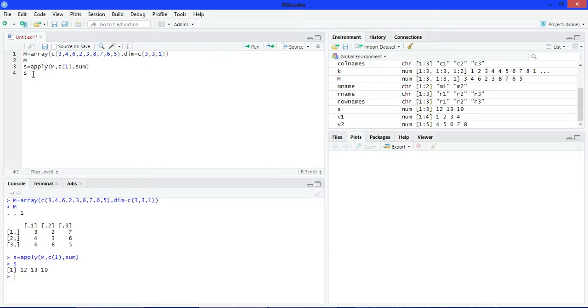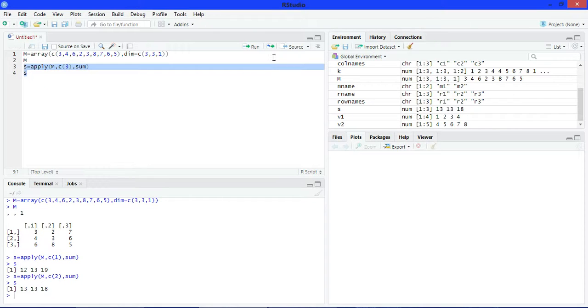If we want to add it column wise, then write here 2, print it. This is the sum column wise. See, 6 plus 4 plus 3 is 13, 8 plus 3 plus 2 is 13, 5 plus 6 plus 7 is 18. If we want to add all elements of the matrix, write here 3.